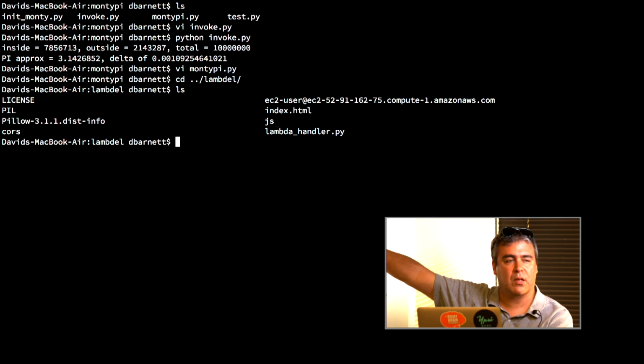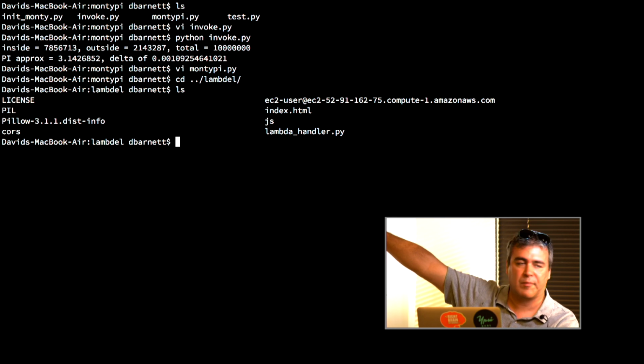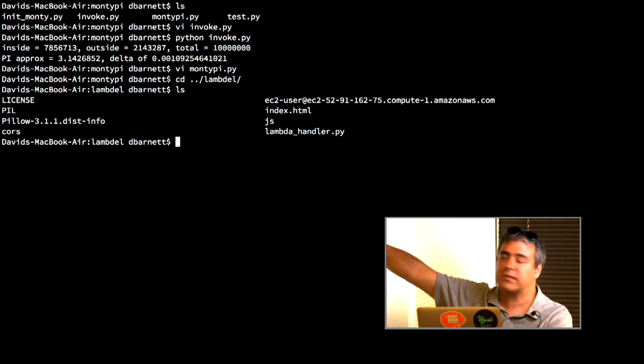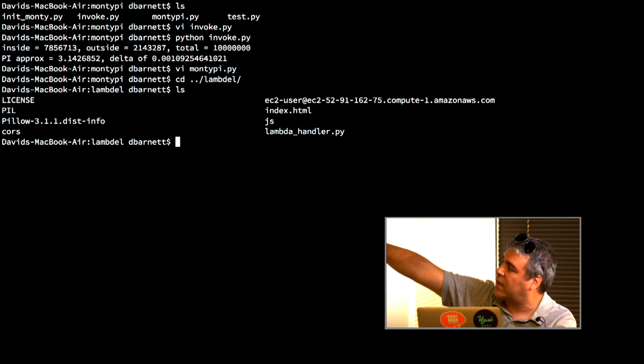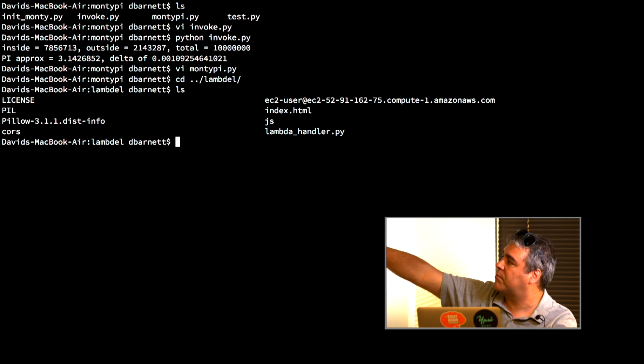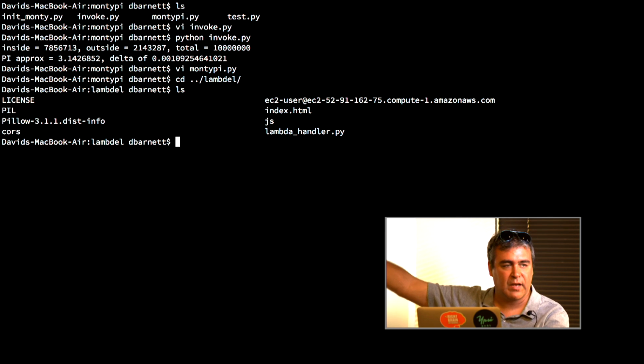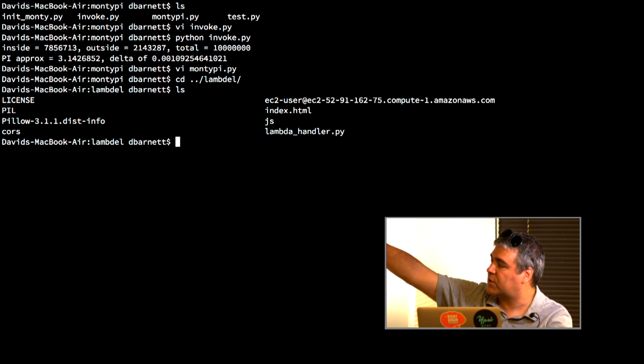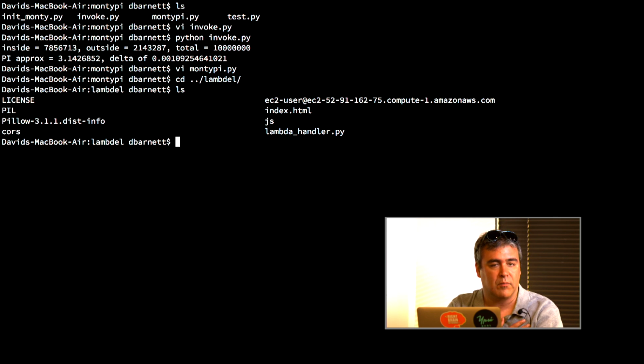I could have uploaded all of this. I think I only included the Lambda handler, which is my function for creating the tile, and the PIL directory, and I think that's actually it. So I created a zip file with those two things, and PIL is actually my copy of the Python imaging library.